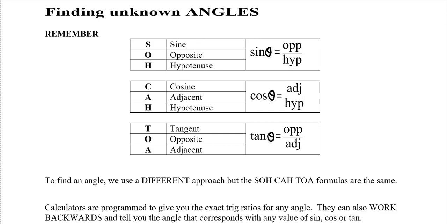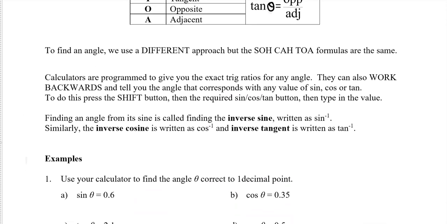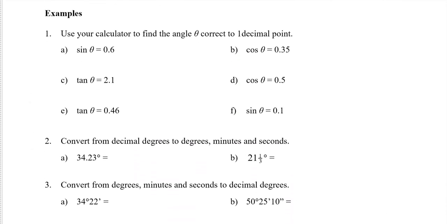We are finding angles. So it's still using SOHCAHTOA, same formulas, but there'll be a slightly different step to try and get the theta by itself because we're trying to get the angle. Okay, so the rules, same rules as before. And here are the first few questions. So these ones, we don't have any triangles yet. I was going to show you that extra step of how do we get a theta by itself to solve